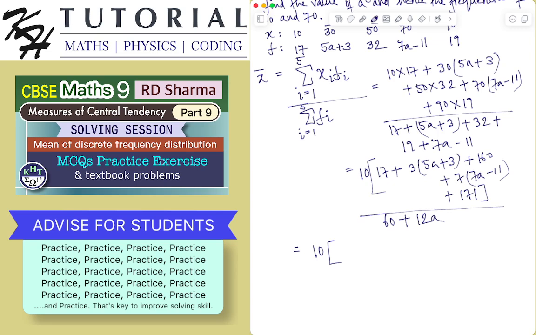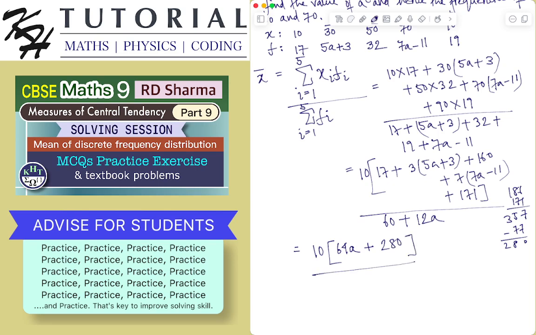We have 15a plus 49a, which is 64a, plus 17 plus 9 is 26, 26 plus 160 is 186, 186 plus 171 is 357, and I have minus 77, which is 280. So I have 280